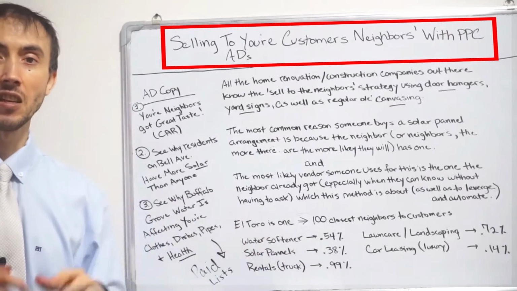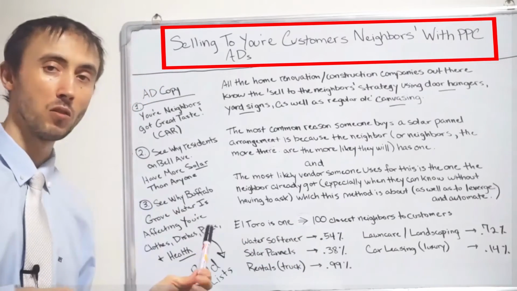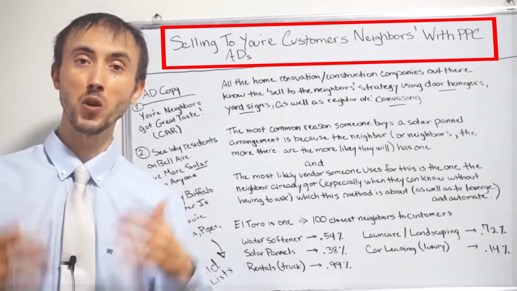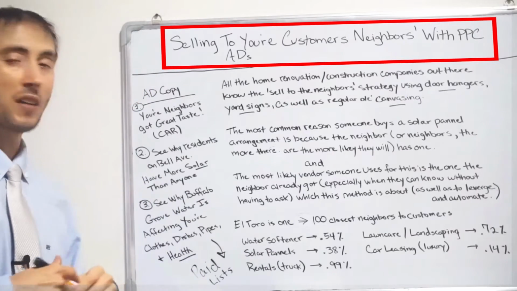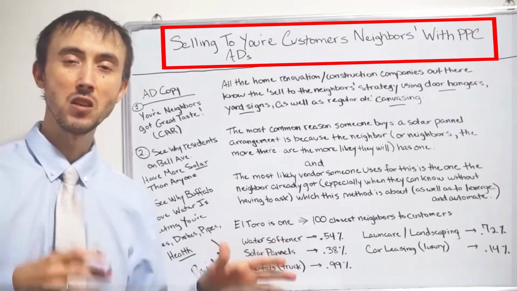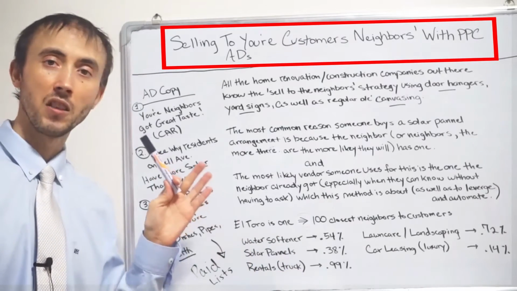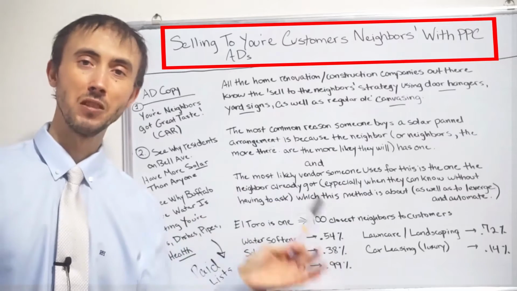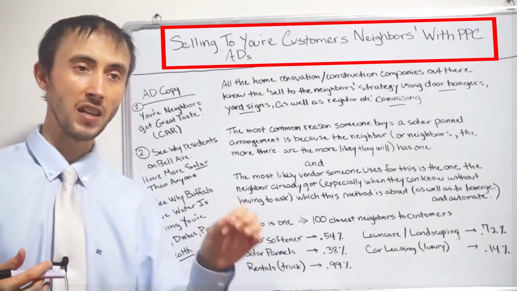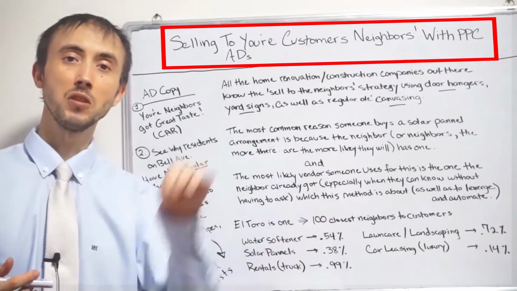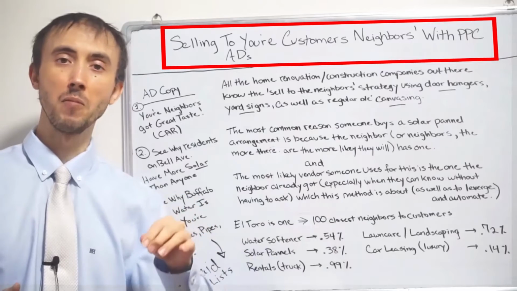which actually is a lot more scalable than you think, because I'm going to talk about how to use a paid advertising list to push this further and sell to the neighbors of other customers. But respectively, I'm going to show you the method that I use and have used on several occasions and seen work, and the kind of results we've seen selling to customers' neighbors, using technology out there that'll let you find out how to advertise to your customer and the people living directly around them,